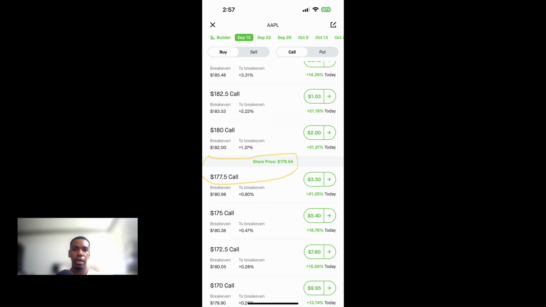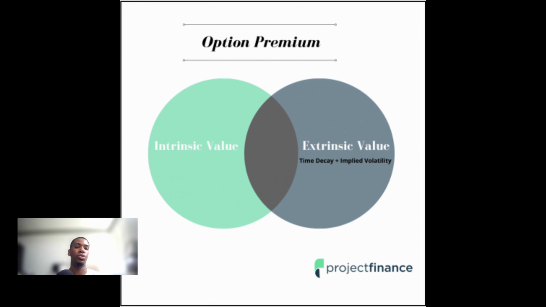So as you can see, the intrinsic value of an option can easily be calculated, but the extrinsic value of an option is basically impossible to estimate other than at expiration, because the extrinsic value is made up of a combination of demand, volatility, and time, which we'll cover in a second. And by the way, I'm going over this stuff because I know some of y'all didn't go watch part 1, like I told y'all, right? So if you already know about all this stuff, you can just skip the stuff about intrinsic and extrinsic value. But now for extrinsic value,